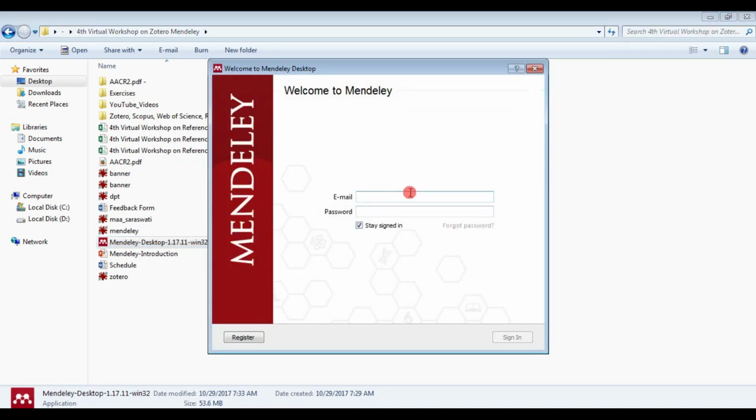Now it is asking to enter the email ID and password. So far I have not registered my name. So what I need to do is first click on the register button, and it will take you directly to the Mendeley website where you are supposed to register with your email ID and password, so that the same email ID and password can be used to log in with Mendeley. So just click on register,